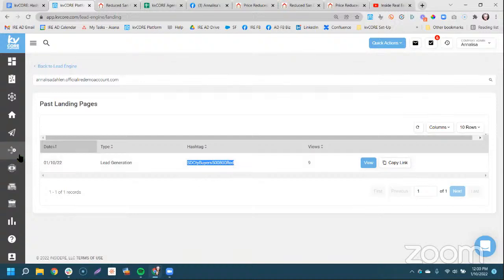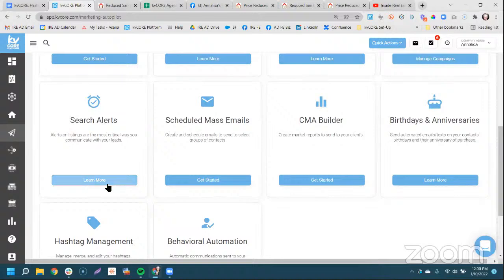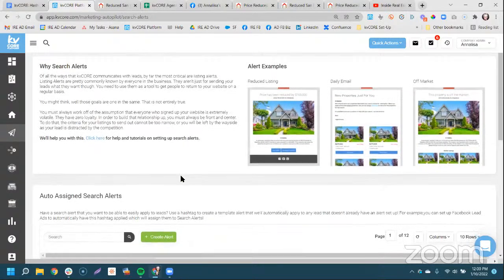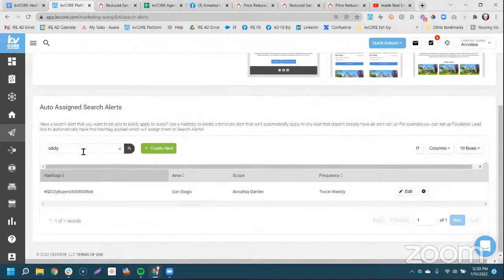And we also know this tag kicks off the search alert for that specific type of listing, right? So when we put in the SD County here, we know that this tag also kicks off a listing alert. We can also build other calls to action in, such as what Brent was referring to a moment ago, like with market reports, or maybe you want to send them all homes that are water view or something.